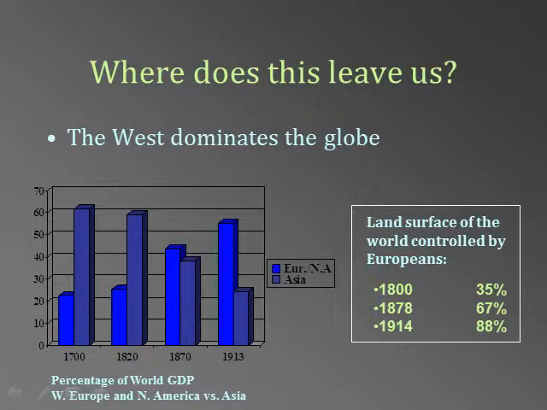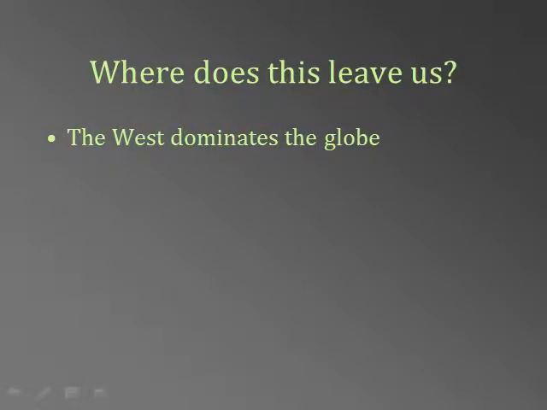But it's also exemplified in that chart on the right, which shows the geographic domination of the Western world. Whereas at the beginning of this era in 1800, the Western world controlled barely 1/3 of the world's surface, by the end of this unit it controlled virtually all of it. Indeed, the Western world dominates the Earth by 1900. But our last unit, the 20th century, will see this all change.